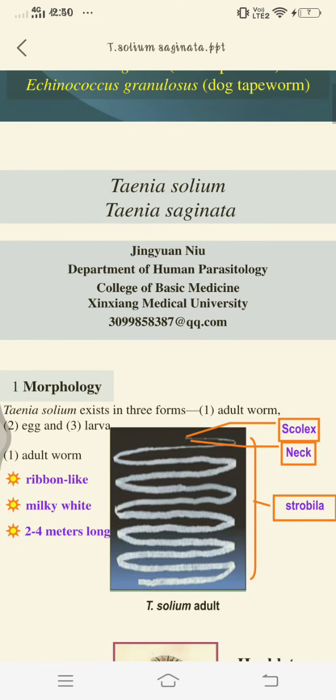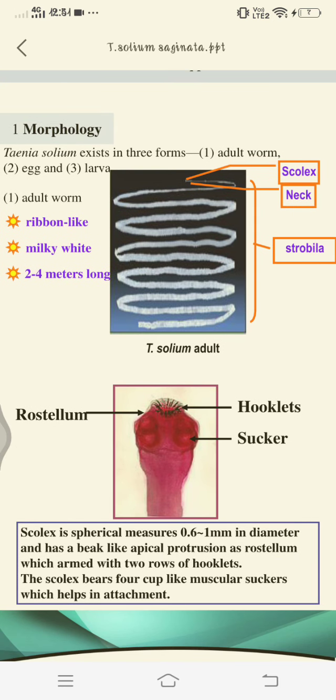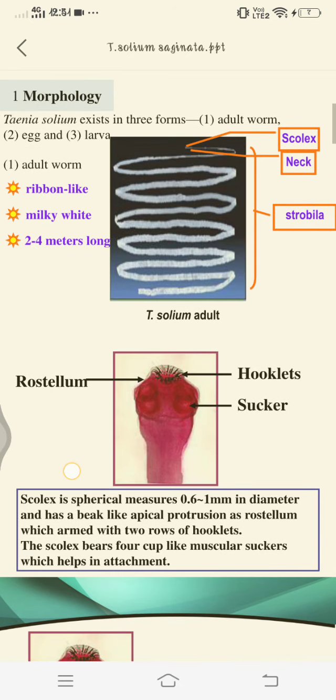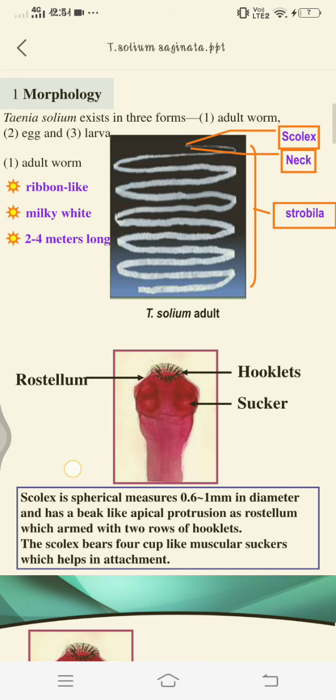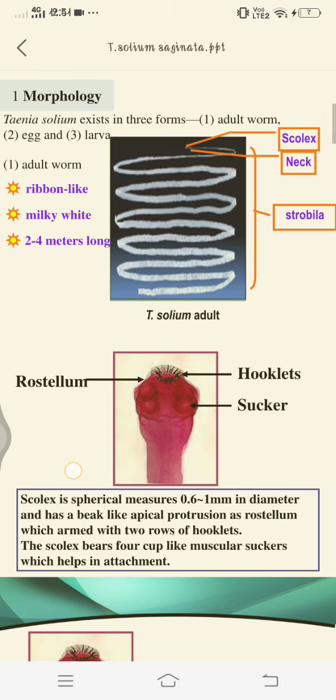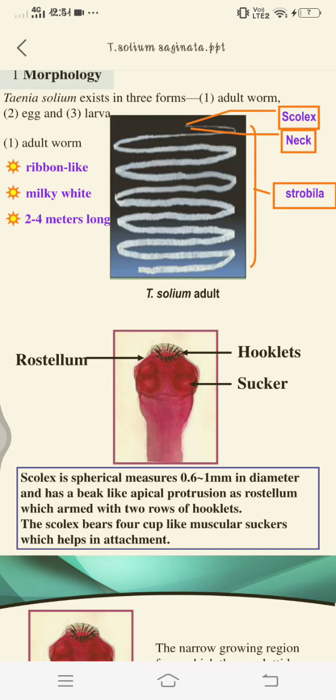First let us understand about the solium. It got its name because of the convolutions of the sun. You can see this is the rostellum. Its rostellum looks like a sun convolution, so it got its name solium. Its geographical distribution is worldwide, mainly due to insufficiently cooked measly pork, and it is mainly seen in India. Its habitat is the small intestine, especially the upper jejunum.